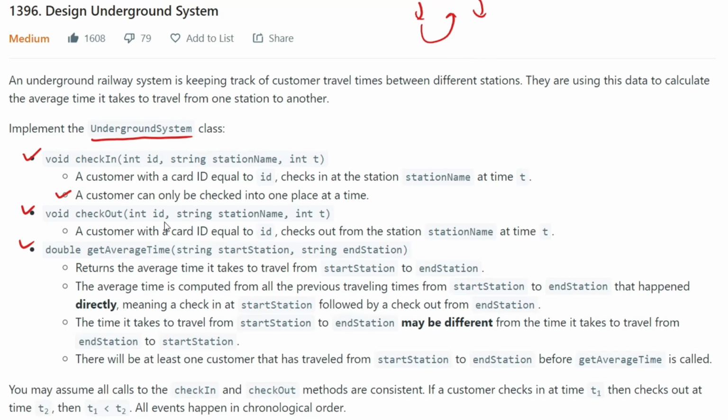Checkout is very simple. We have an ID, a station name, and T. And what is get average time? For get average time, let's say a person checks in at some station S1 at time T1 and checks out at station S2 at time T2. So what is the time of travel? It will be T2 minus T1,